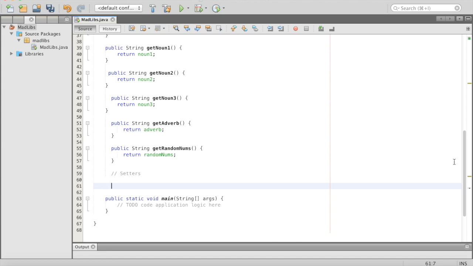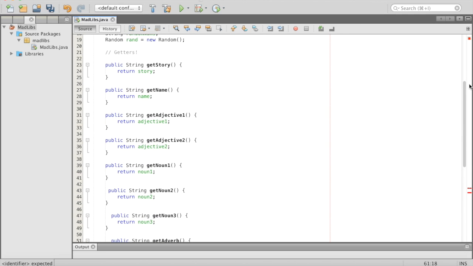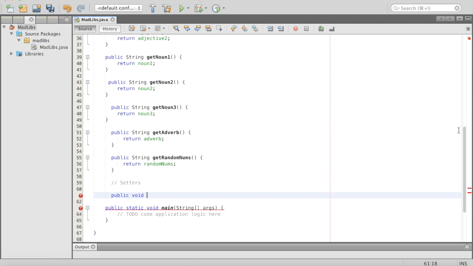We're going to set these properties with a method. And so instead of saying noun1 equals and then a string, we'll do setNoun1, and then as an argument, you'll have whatever your new noun1 is. It's much cleaner, and there's one way in to set your noun1. And so let's do it. We'll do public void, and then our first properties are, so it would be setStory, setName, setAdjective1. So we'll have setStory, then we'll have a parameter that's a String. We'll say new